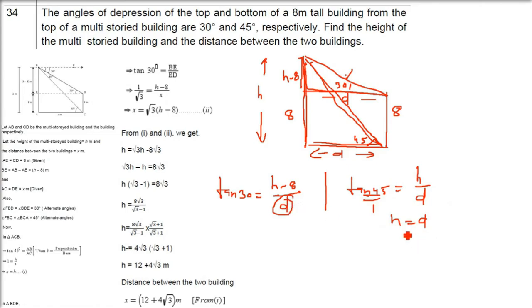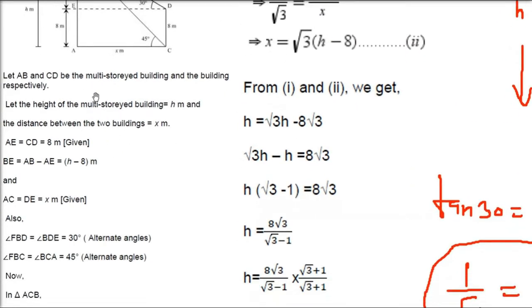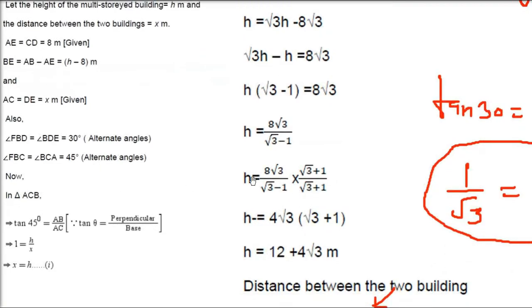Now you put h in place of d. So tan 30 will be h minus 8 by h. Tan 30 is 1 by root 3, so h minus 8 by h. Now I leave it here because we are able to solve this. Okay, 12 plus 4 root 3 will come. Now what you have to do is rationalize also, means rationalization factor also. Just see, this is the way you have to do, not the way I told you, because I just gave you the idea how to solve it.